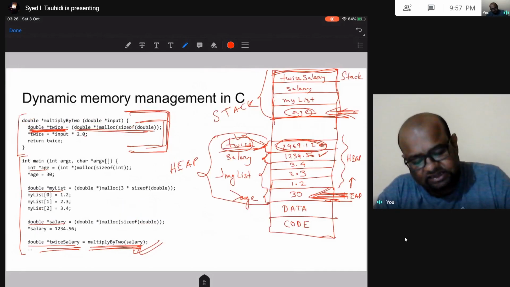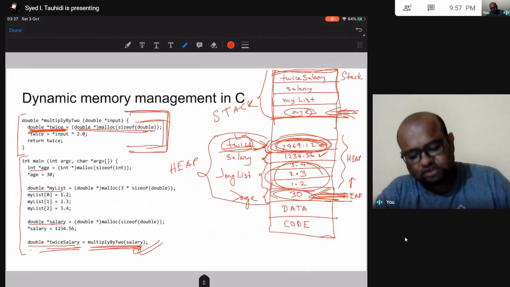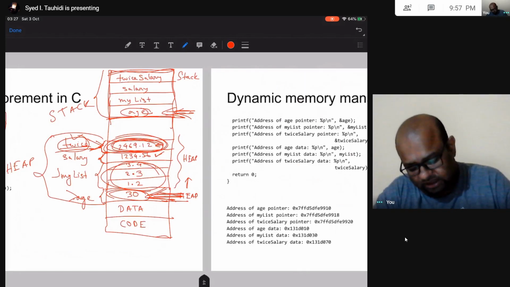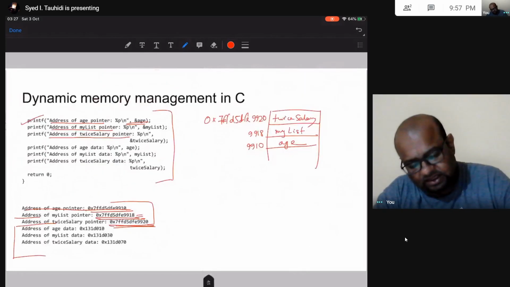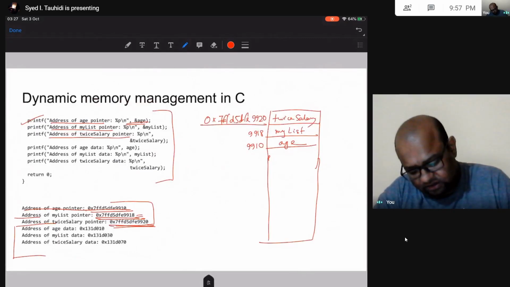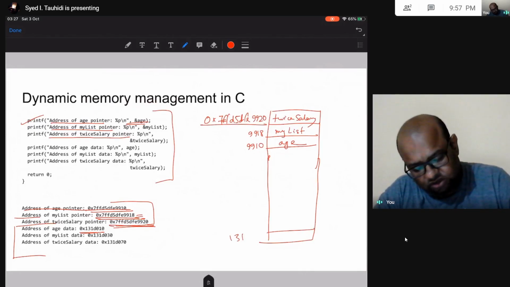Now let us look at the address of this data. This age data is here, this my list data is here, and then this twice salary data is here. Let us look at this address. Now address of age I can see is far smaller than this. So age is over here, 131D010. Then this is age data, this is age pointer.